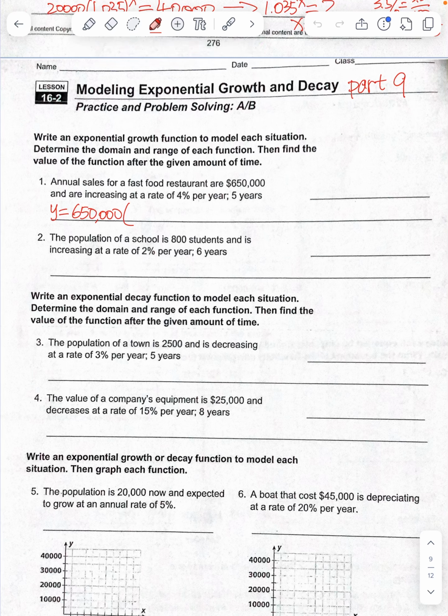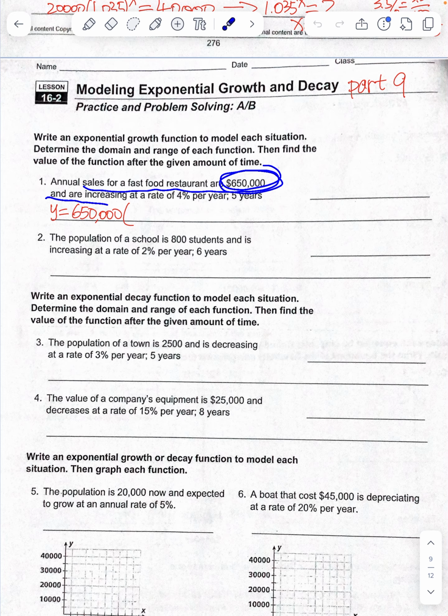Okay, Algebra 1, Unit 6, Part 9. Modeling exponential growth and decay. Write an exponential growth function to model each situation. Determine the domain and range of each function, then find the value of the function after the given amount of time. Okay. Number 1, annual sales for a fast food restaurant are this,